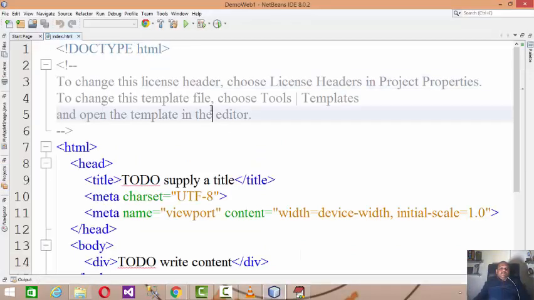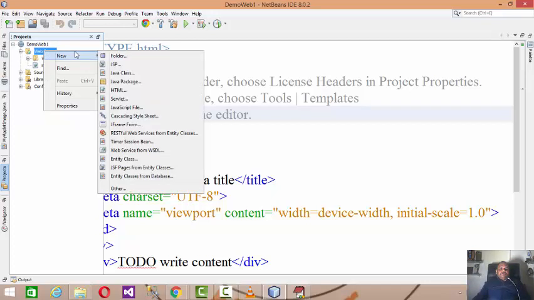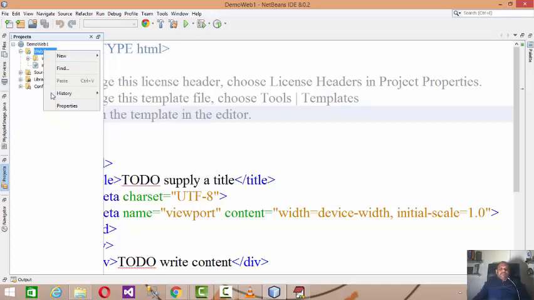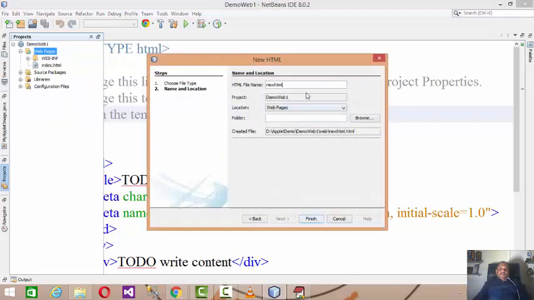Just like in our console programs, whenever you run the program, by default it gives a call to the main method. In a similar manner, in web projects, whenever you run the web project, by default it gives a call to this first page called index.html. Now let us understand, you can add your own customized web page. Index.html is by default. I'll add one new HTML page.